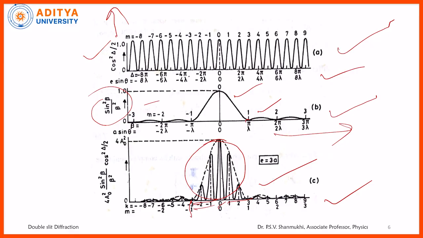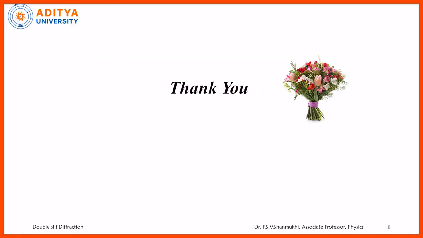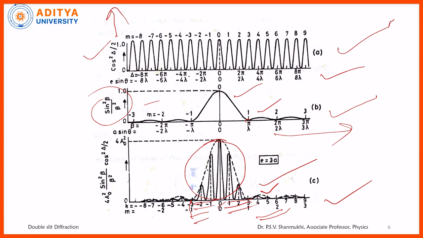K is equal to 0, central spectrum. Suppose you take the double slit: on either side of the central maximum you will get two peaks, right side two peaks, left side two peaks. Again, you go some long distance, there also on either side of the central maximum you will get left side two peaks, right side two peaks. That is called the first order spectrum.